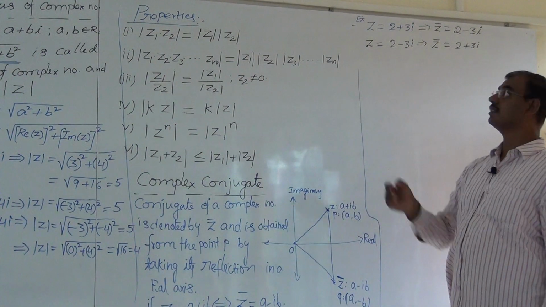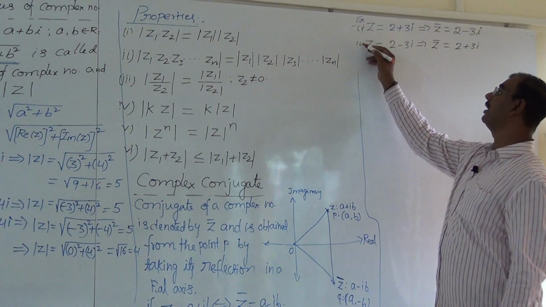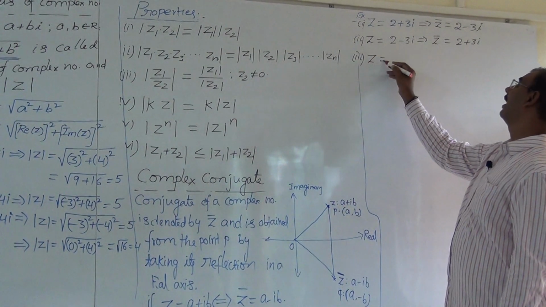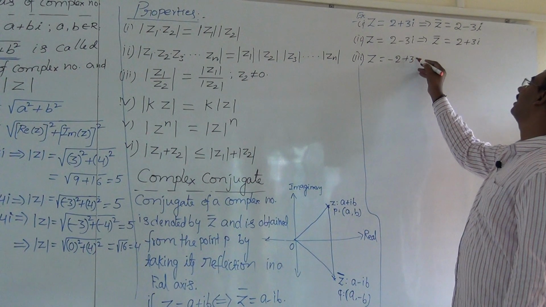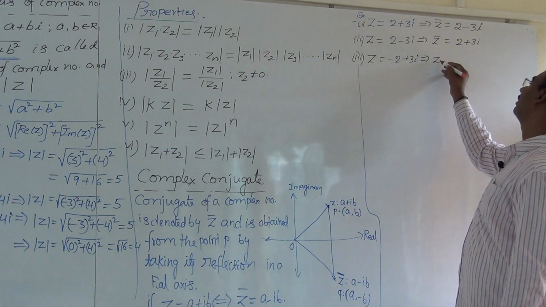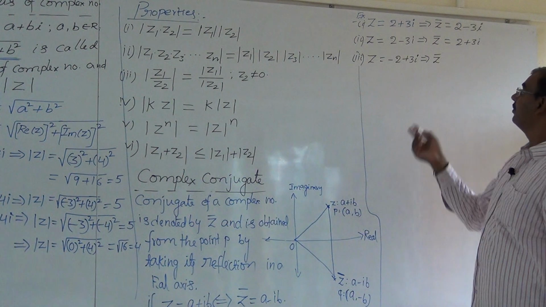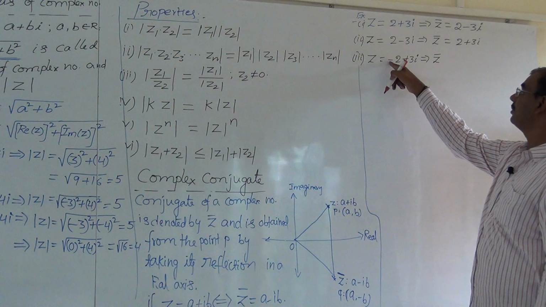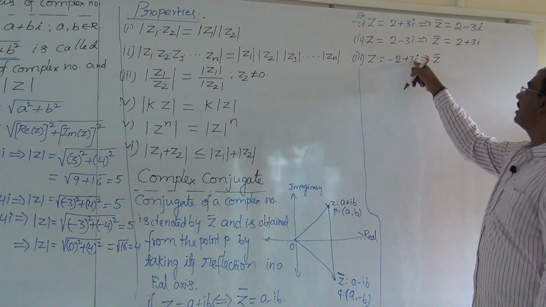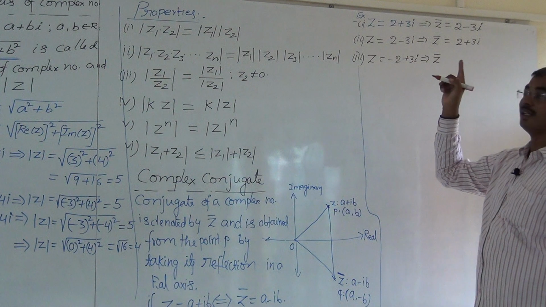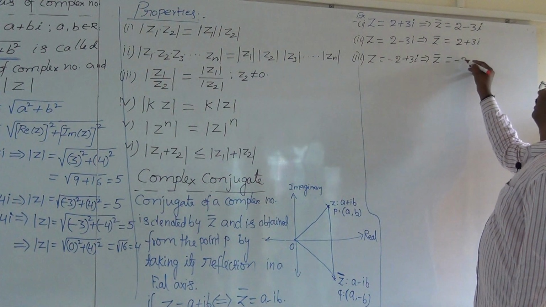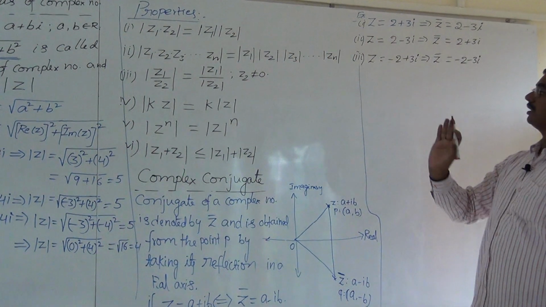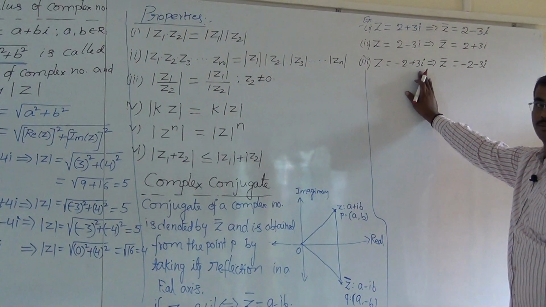Don't get confused here. I will give a number of examples. If Z is equal to minus 2 plus 3 iota, what is the conjugate of the complex number? Where do you change the symbol? Not here, don't change the symbol here. Where do we have to change it? In the imaginary part, right before the imaginary part only. So that is minus 2 minus 3 iota. Do not change the real part; we have to change only the imaginary part.